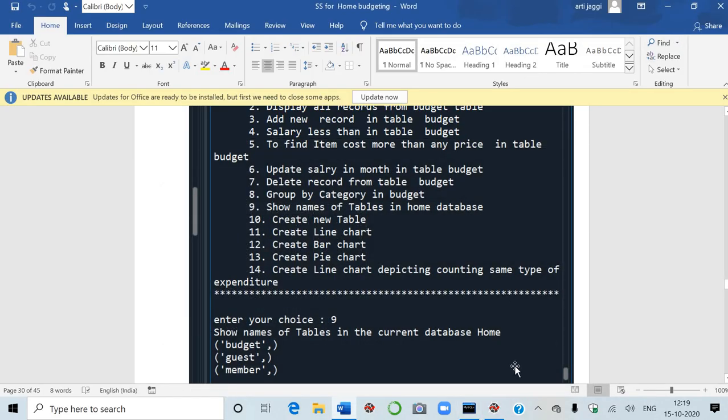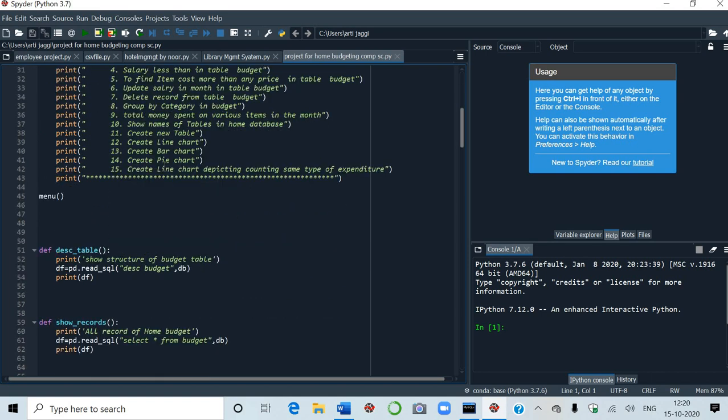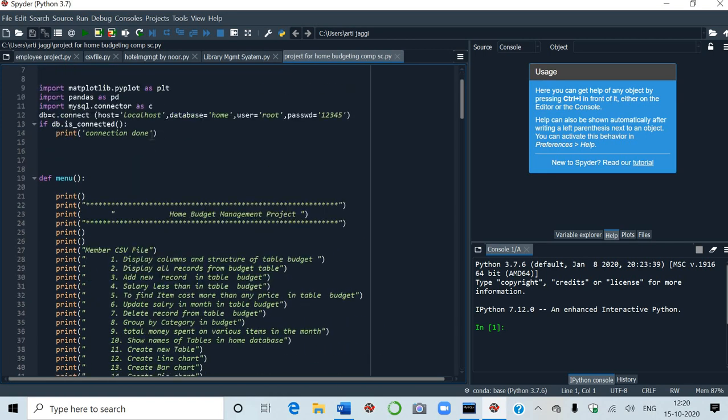Okay, now I'm going to show you the Spyder screen. See, now this is the coding. See, all the coding is done here. I'll run each and every option, and side by side we'll be explaining each option. Import matplotlib.pyplot as plt. This is for making plots. Plots means charts or graphs, you can say. This is pandas as pd. You use this for various commands from pandas.